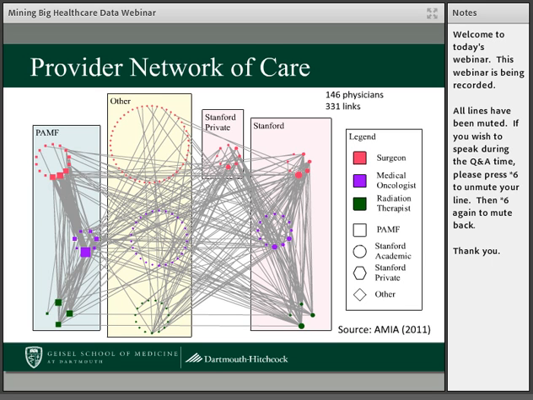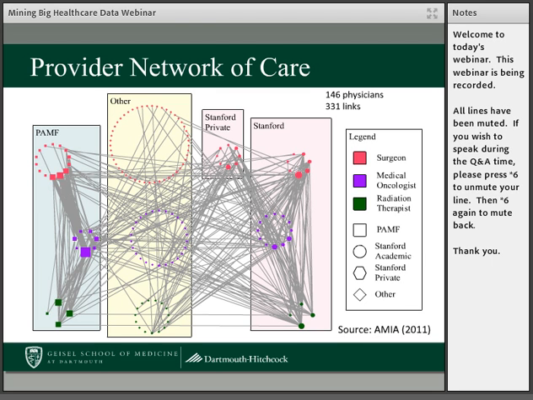And then in the top set, you'll see all the surgeons, which are in red color. In the middle set, you'll see the medical oncologists, the ones who give chemotherapy and hormone therapy. And in the bottom, you'll see the radiation therapists. We put them in the order of the care they normally receive, although sometimes someone can get surgery and stay with the medical oncologist, but this is the typical pattern of care and this ordering.